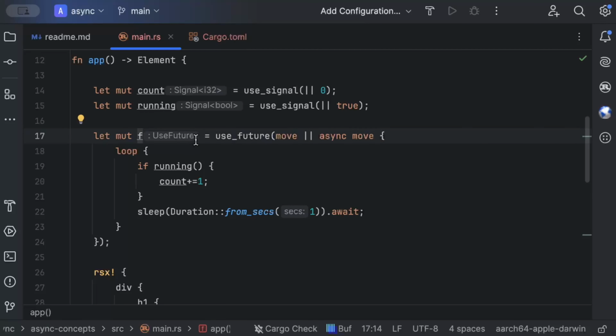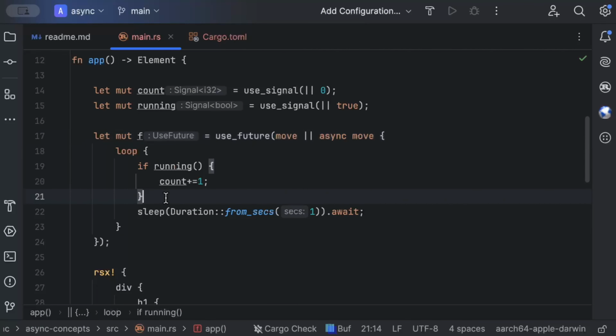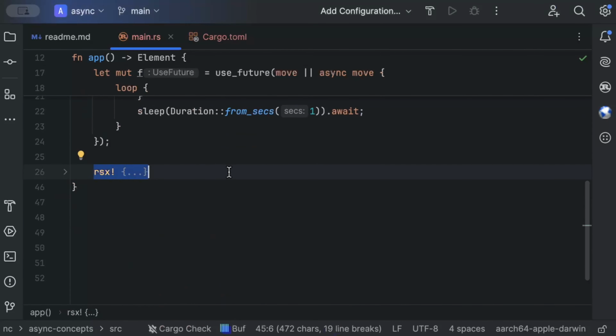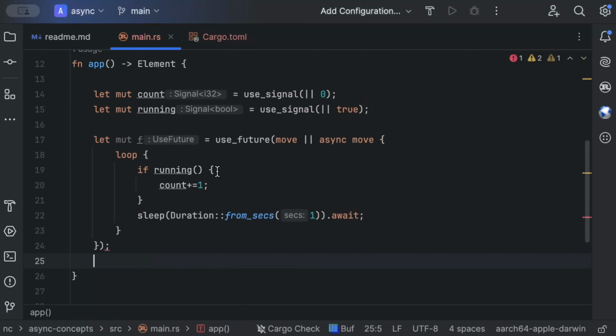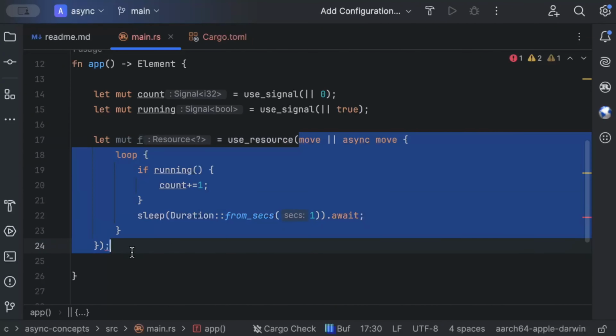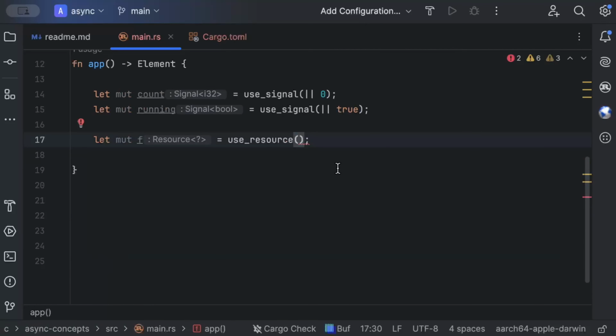Let's say when my component mounts, I want to call an API, get the response, and based on that display the response. So let's see how we could achieve that. Let's use use_resource. Let's quickly change this, and we have a use_resource instead. Let's move all this, and here we have async move,